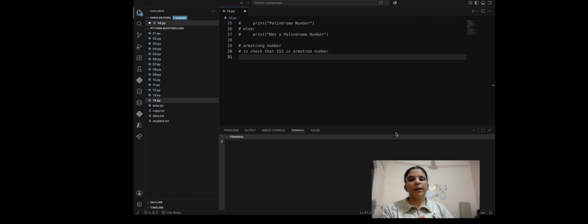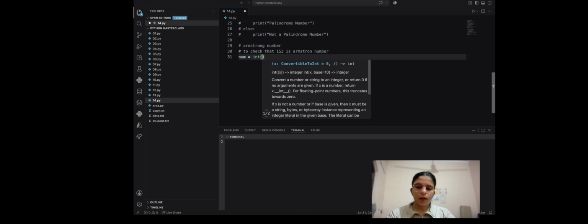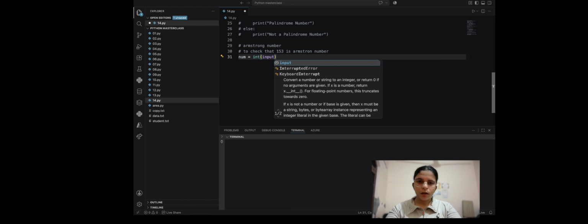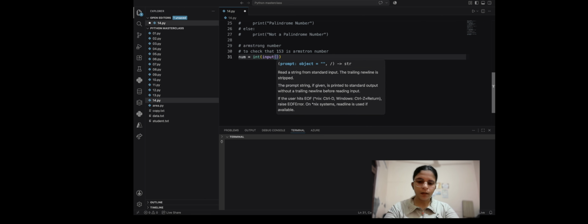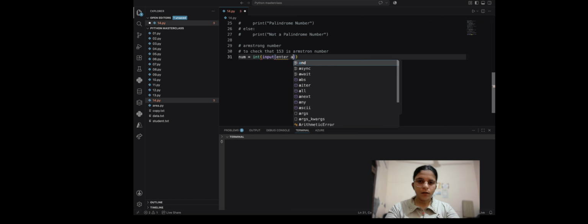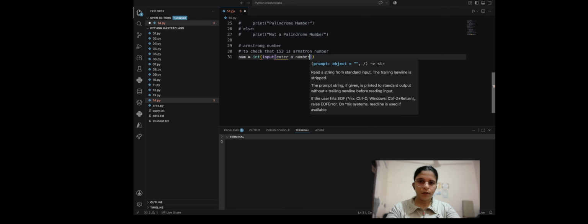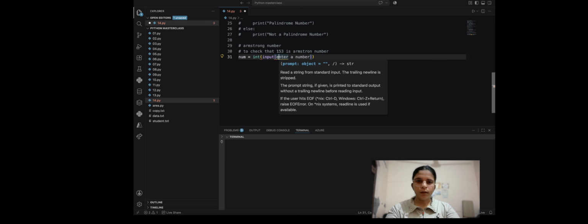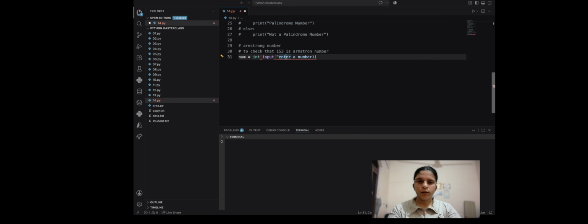Now I think that 5 minutes are over. So first we will create a variable named num. num is equal to int(input("Enter a number")). That should be in double quotes. Okay, now we have created a number,